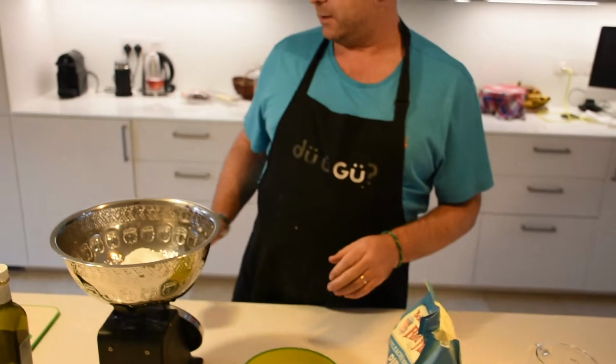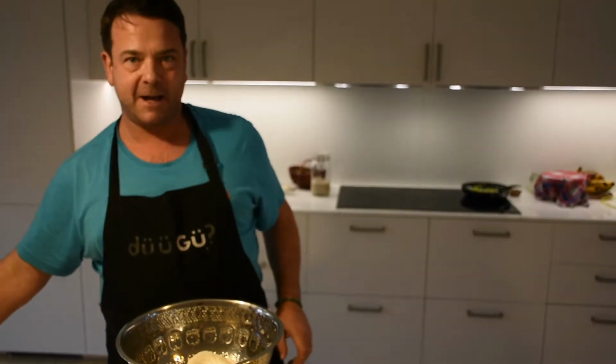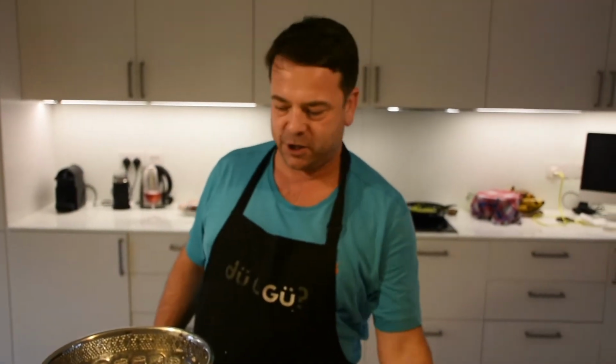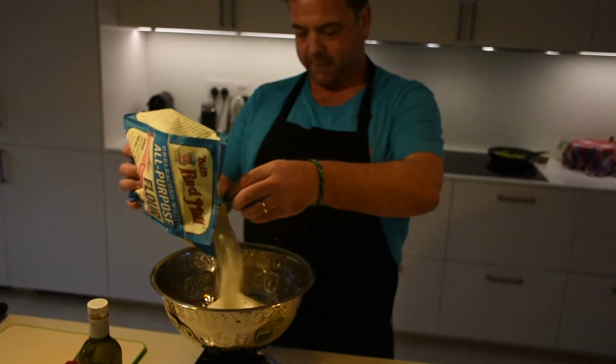So today we're going to use up some leeks that we've got in the fridge that are looking a bit manky, so we don't want to waste any food at the moment, so we're going to make a leek and blue cheese focaccia. So I've got here, I'm going to put in 400 grams of white flour,